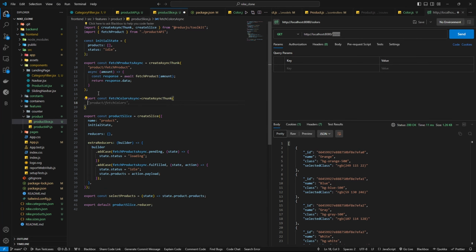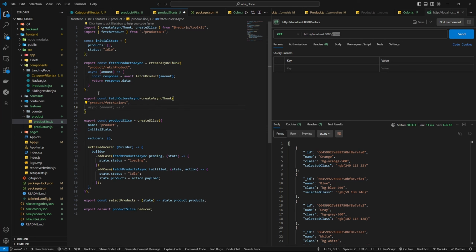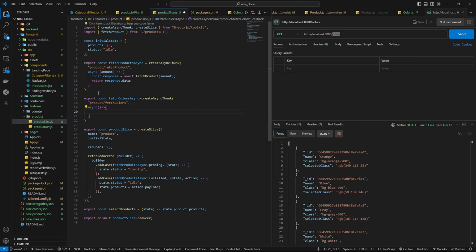This is a pattern which you must follow, and product/fetchColors. Now you need to make an async function here, and inside it const response equal to await fetchColors,